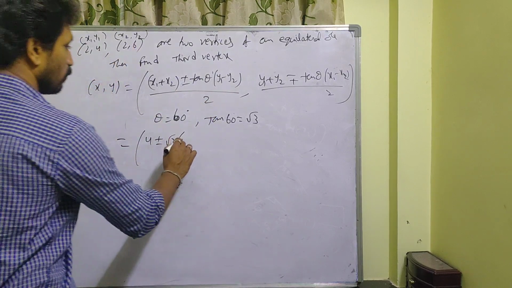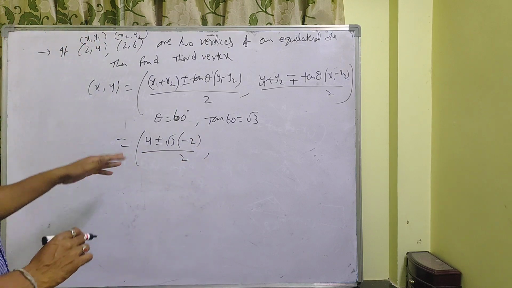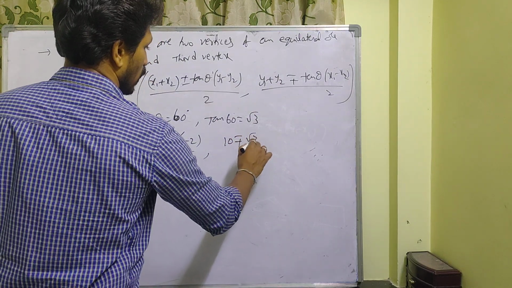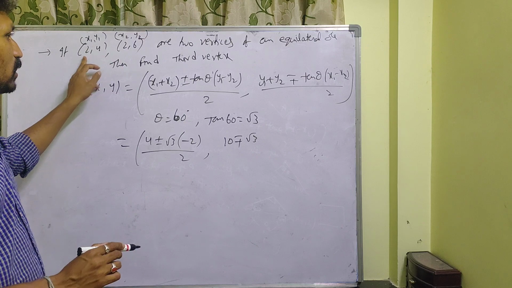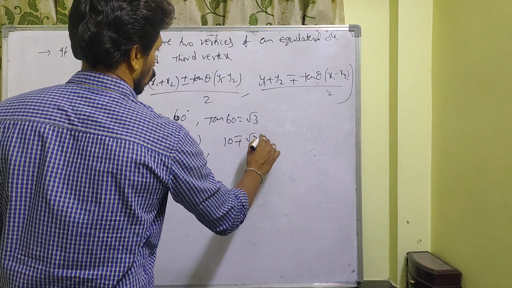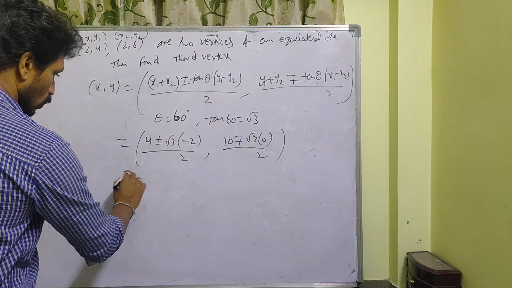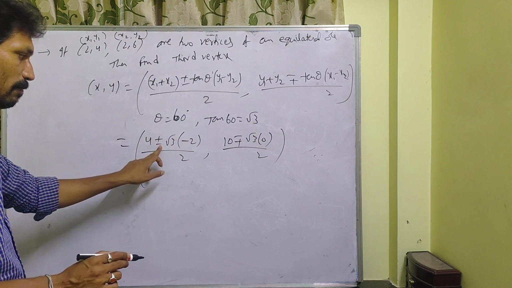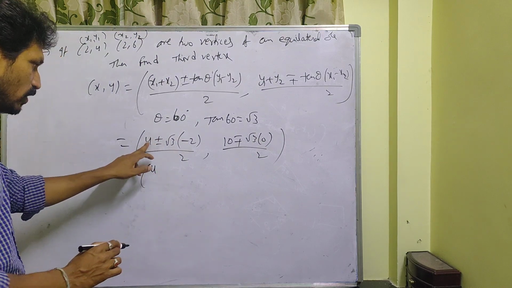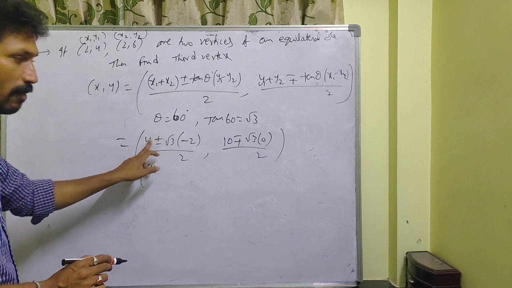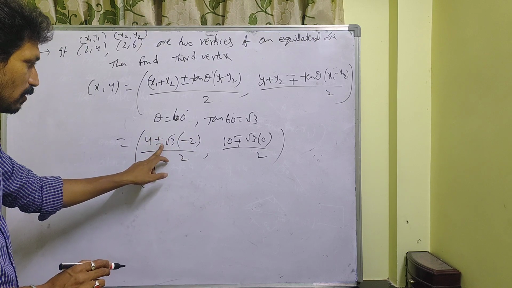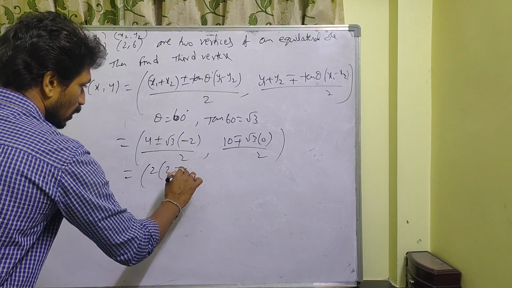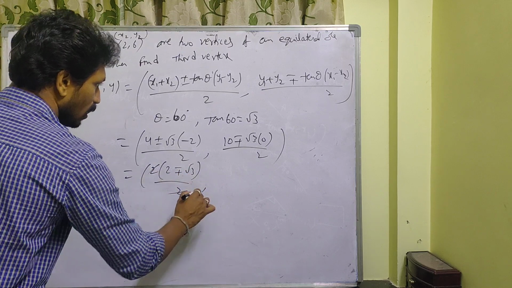minus y2, 4 minus 6 minus 2 by 2, and y1 plus y2, that is 4 plus 6, 10 minus plus tan theta, that means root 3 into x1 minus x2, that is 0 by 2. So this becomes 4, this minus if you multiply here, it will be minus and it will be plus 4. Otherwise first you take 2 common, after that multiply here with plus or minus becomes minus plus. So 2 into, if you take 2 common, 2 minus plus root 3 by 2, this 2 cancels,